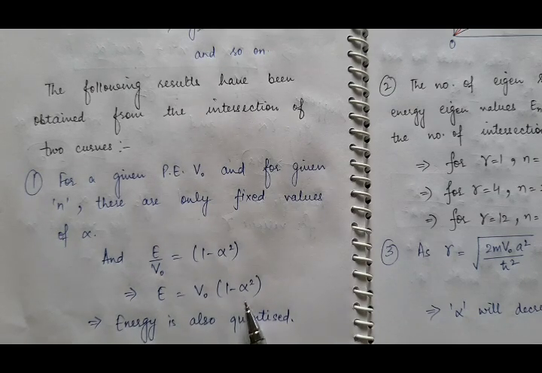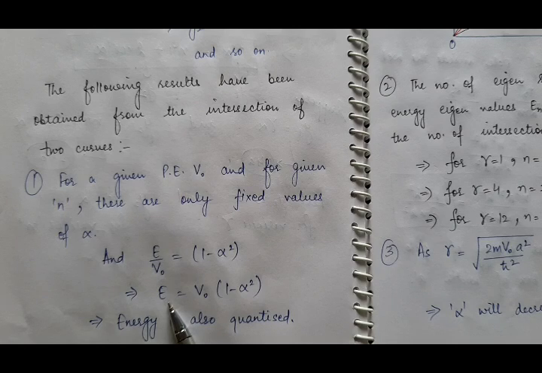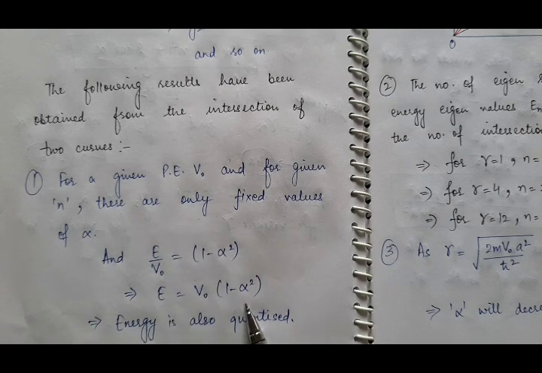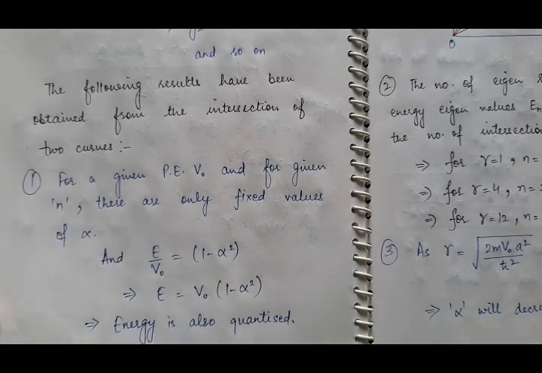So alpha is fixed, V0 is fixed, which means energy will also be fixed. The behavior of energy will be quantized. Why? Because the nature of alpha is quantized. So energy is also quantized, it is not continuous. Then the second conclusion is